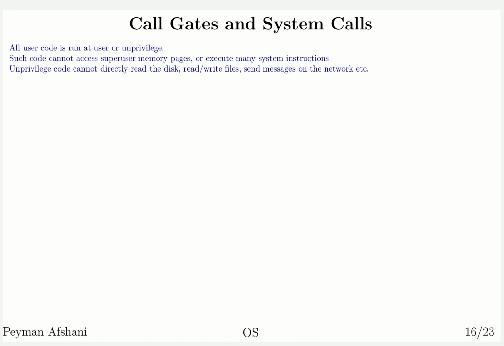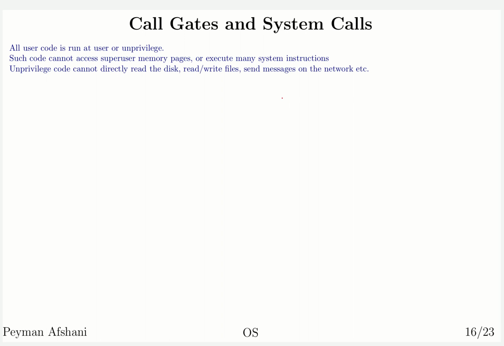Now let's talk about system calls. Based on what we've said, we understand that the operating system at some level operates like a library, in the sense that it provides services, but it operates at a higher level of privilege and it can do things that normal libraries cannot do. So in other words, we understand these three lines of text that are written over here.